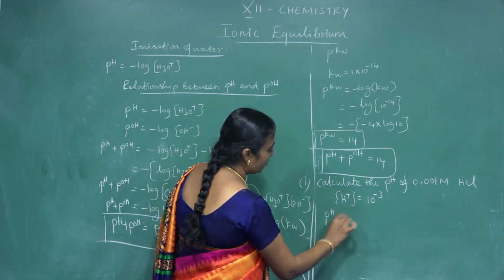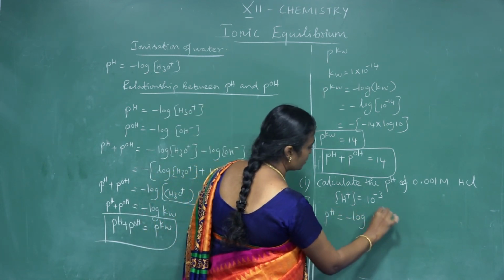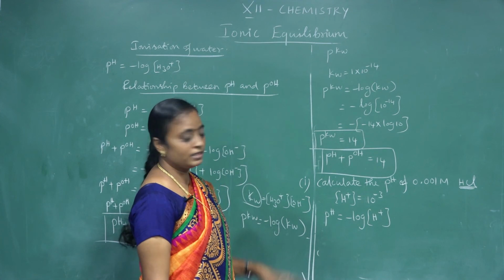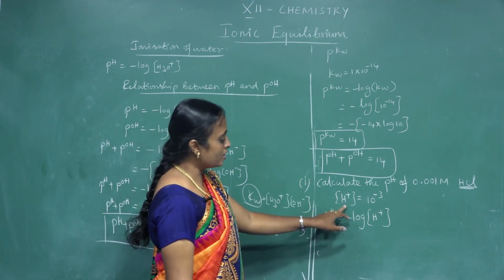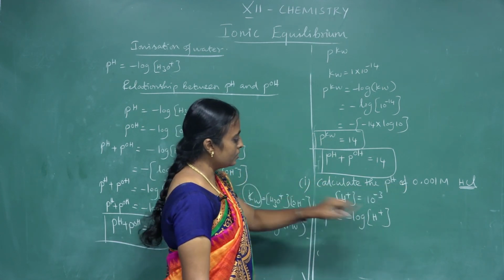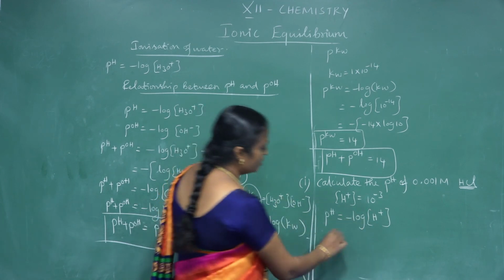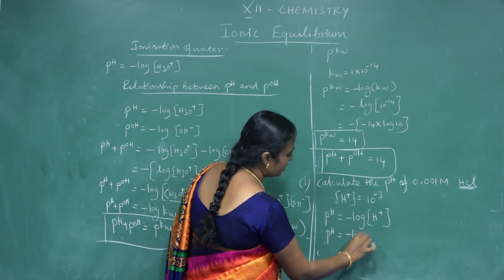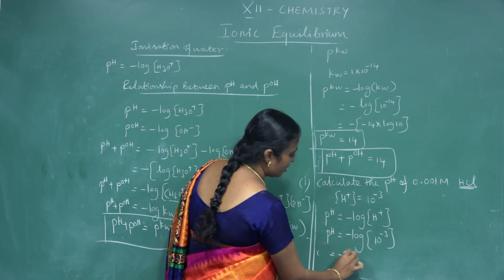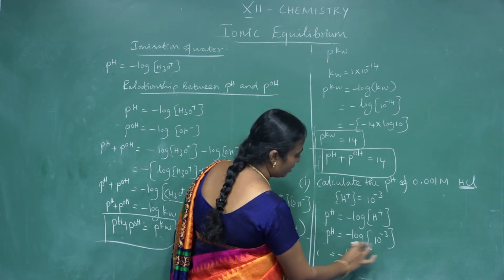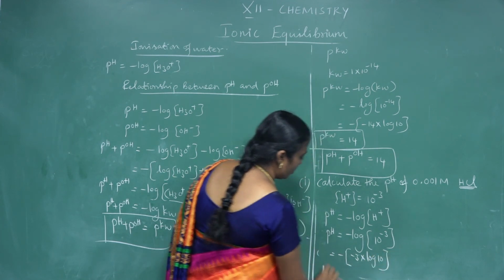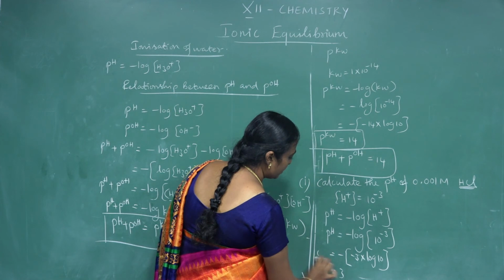So the pH formula is minus log of H plus. Because we are talking about an acid, that will be the monobasic acid. If it is a dibasic acid, the concentration of hydrogen ion has to be multiplied with 2. So here only one monobasic acid. So anyway I am taking 10 power minus 3 as it is. So pH is equal to minus log 10 power minus 3. If I take log, that is minus of log of 10 power minus 3, you will take it as minus 3 log 10. So your pH value should be equal to 3.